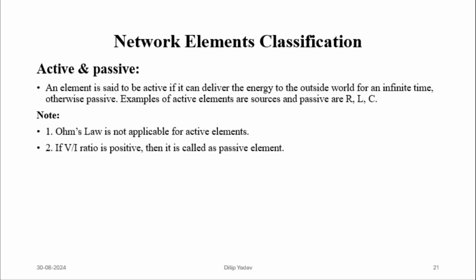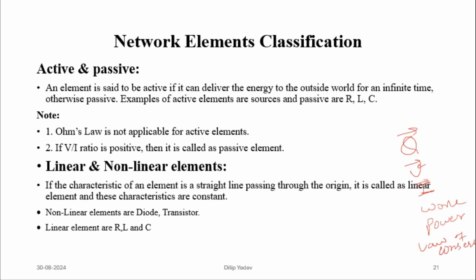So this was the basics that we have studied. We have studied what is charge, what is potential, what is current, what is work done, what is power, and what is the law of conservation. By knowing all these things, we will start the network part. In the next part, we will start the basic elements and the classifications. Till then,